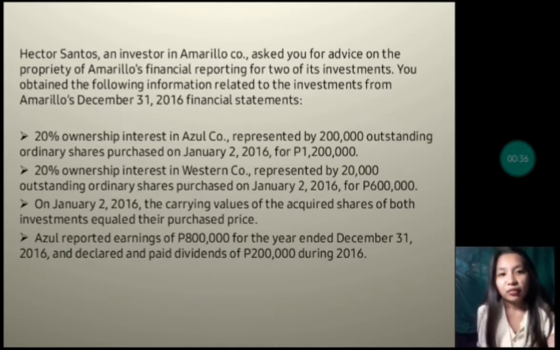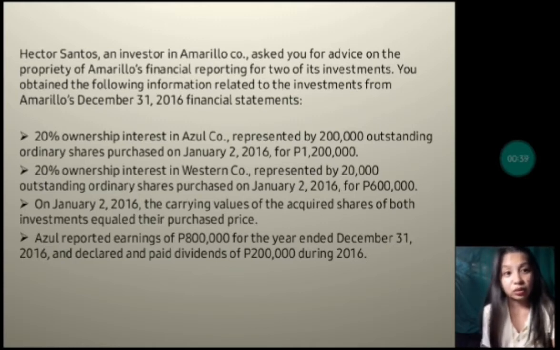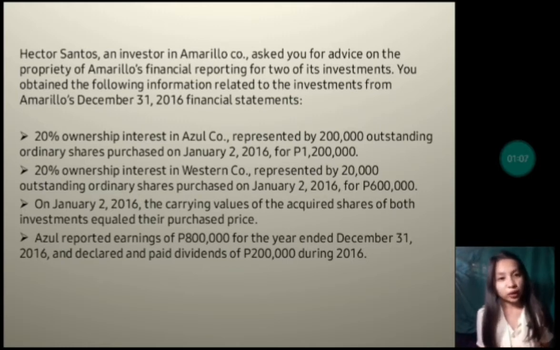So first, there is a 20% ownership interest in Azul Corporation, which is represented by 200,000 outstanding ordinary shares, which was purchased on January 2, 2016 for 1,200,000. And a 20% ownership interest in Western Corporation, represented by 20,000 outstanding ordinary shares, which was purchased also on January 2, 2016 for 600,000 pesos. And on January 2, 2016, the carrying values of the acquired shares of both investments equal their purchase price. And on the year ended December 31, 2016,